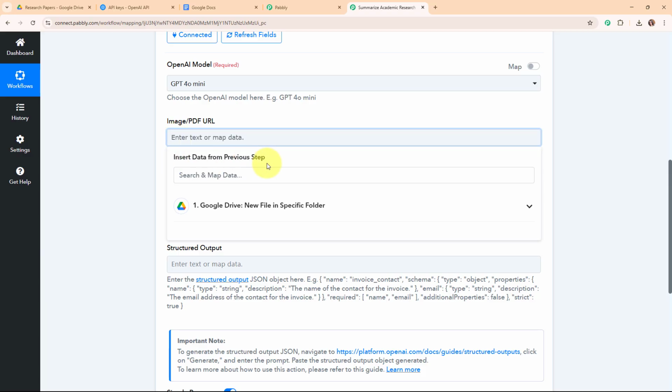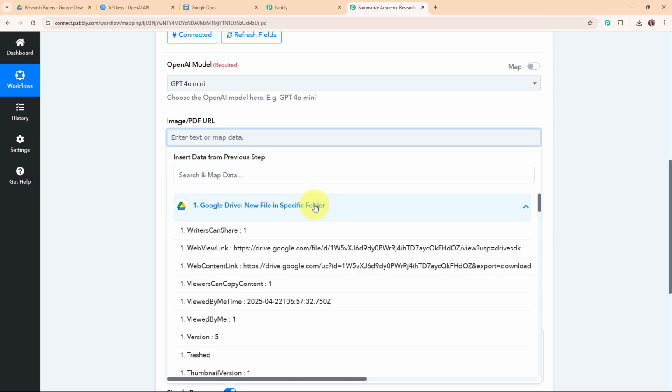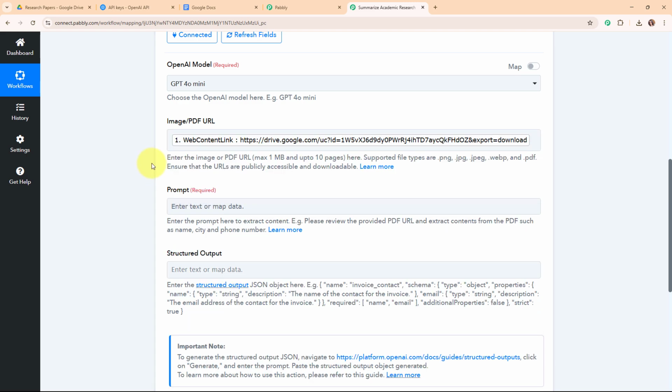That means here I'm going to map the data from the response that I've received in my trigger step or my previous steps. Mapping makes the text dynamic so that whenever we are going to receive new file in our Google Drive, then automatically this previously existing detail will be updated with the new one. So I'm going to map the web content link,